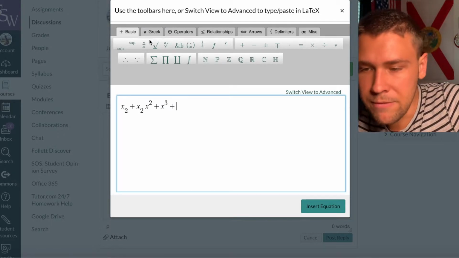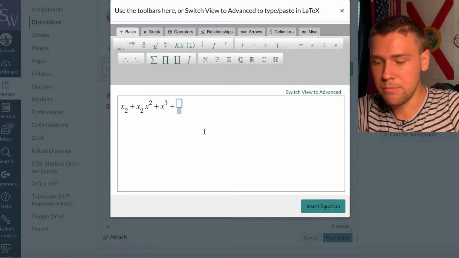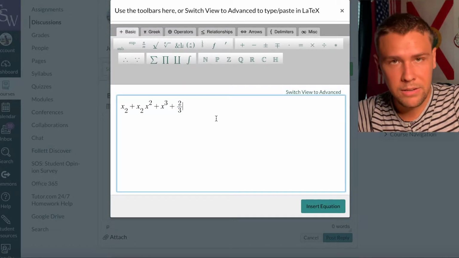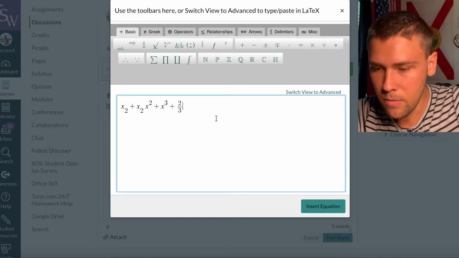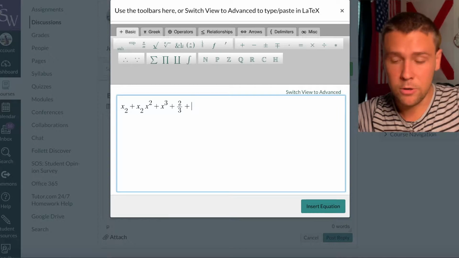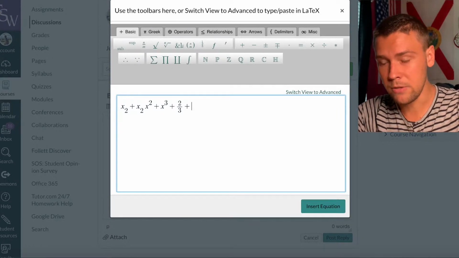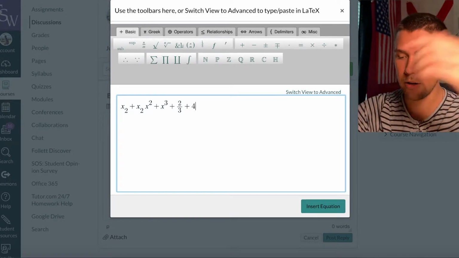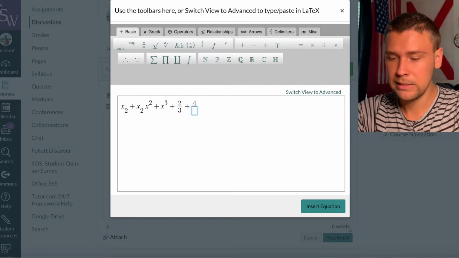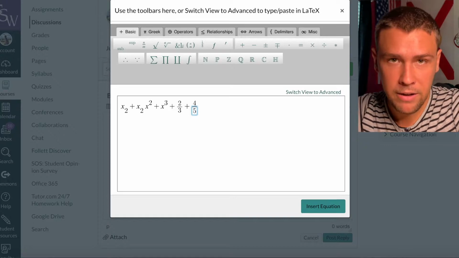Cool. If you need a fraction, you can hit this fraction button and do like 2 over 3, right? You can navigate fractions with the arrow keys or by clicking the boxes if you want. That all works. There's a keyboard shortcut for that too. You'll probably find yourself using this a lot. Just hit your numerator, then division, so it's the slash. There we go. 4 divided by 5, 4/5.